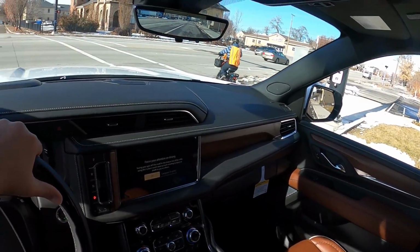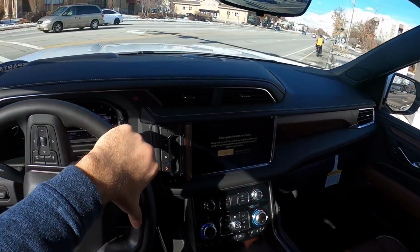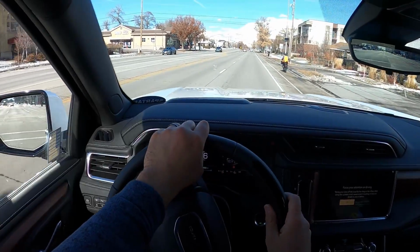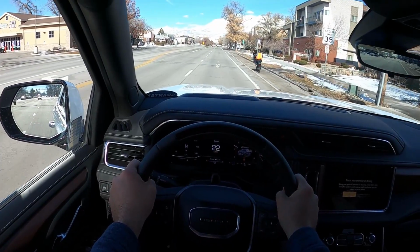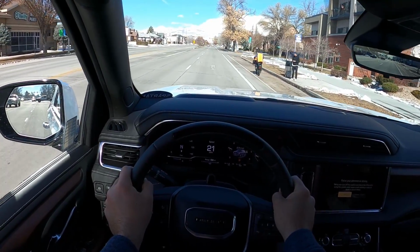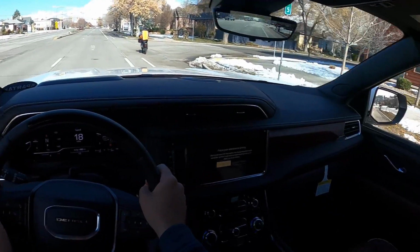Just gotta make sure this bicycle person's okay. Bicyclists are unpredictable sometimes. Sometimes they act like a pedestrian, sometimes they act like a car. It always varies, but it seems like this person's actually doing a pretty good job with the pedestrian thing for the most part. And there's a bike lane which helps out. But anyways,